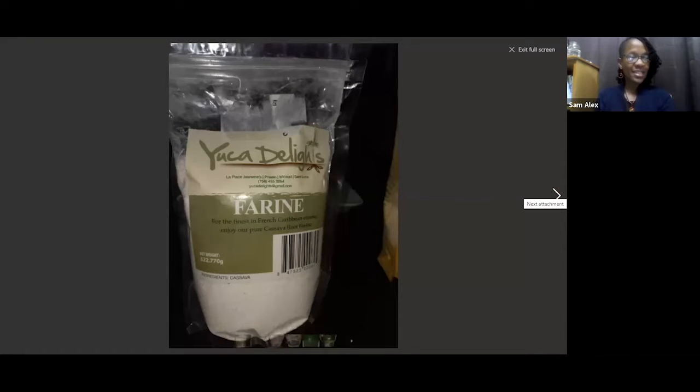And this is a contrast to what we saw in the 3 previous products. We looked at the cereal box, we looked at the buckwheat, and we looked at the buckwheat flour. And you may notice that there is no messaging. It is just a plain product. Now, if there is a cassava farine from an imported brand right next to this local product, the consumer would look at those 2 products and the other product would evoke something in this consumer because they're getting information and they're like, oh, it's vegan. Okay. It's organic. So they will pick up the imported product.